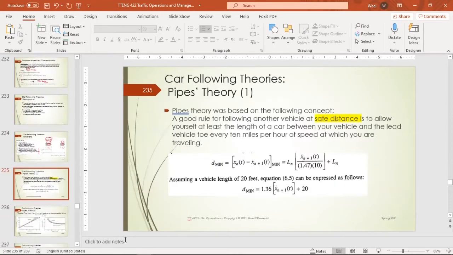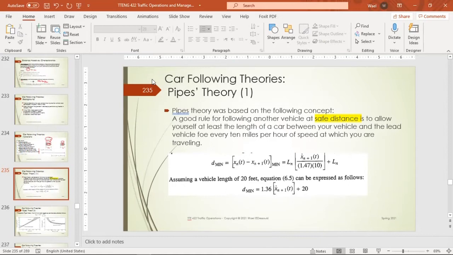Okay, let's start with Pipes. Pipes' theory was based on the following concept: that there should be a safe distance. Drivers, when they drive their cars or vehicles on the road, try to maintain a safe distance. From his perspective and from data that he collected, this safe distance was to allow the driver at least